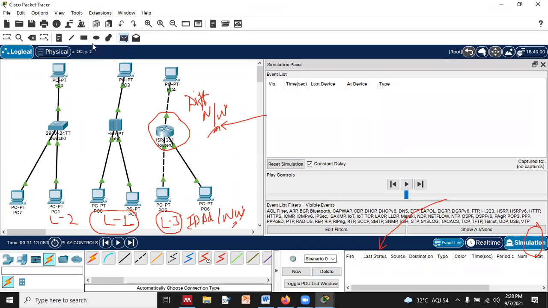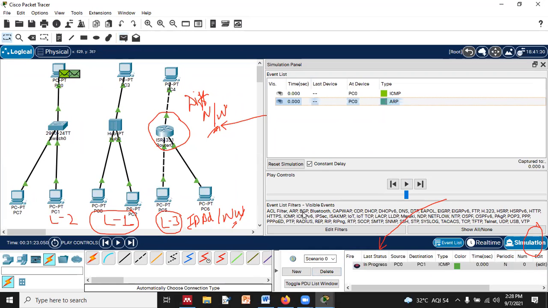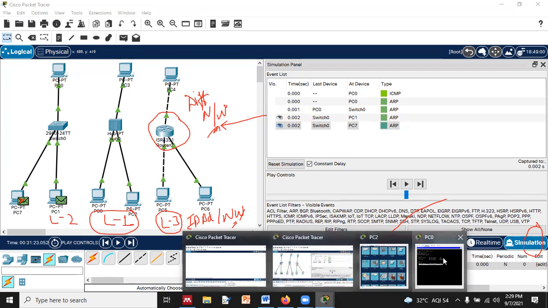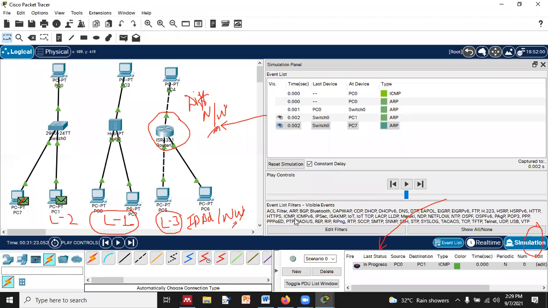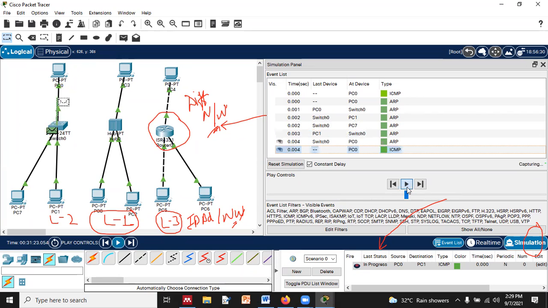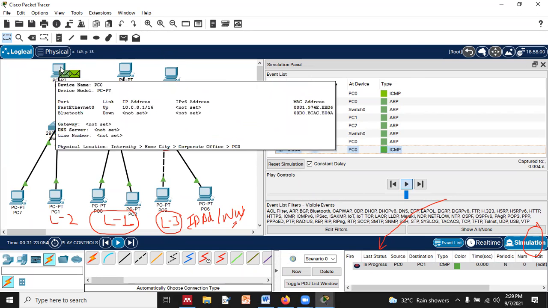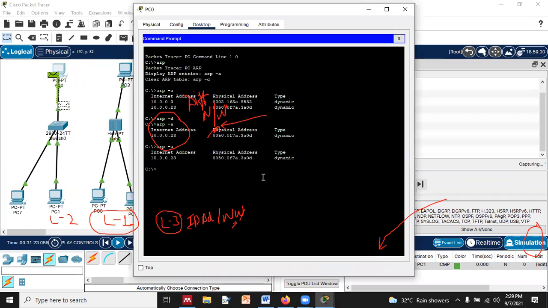Now I am just deleting the scenario and doing PC0 to PC1 and starting the animation. You will find that it forwards the packet, again broadcasted, because it does not know about PC1, right? So that has happened. And now again we will see this command. Since it is not completed successfully, let the acknowledgement come back, and now all the information is recorded in the switch, in that memory. Now you can check that entry of ARP over here. So when we do ARP -a, you will see now the